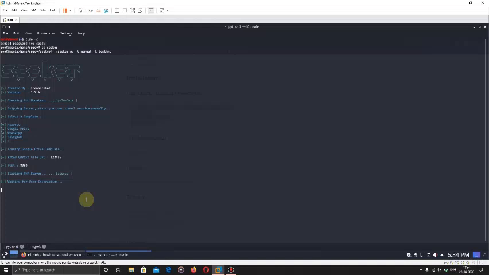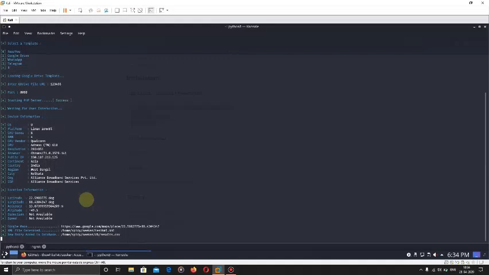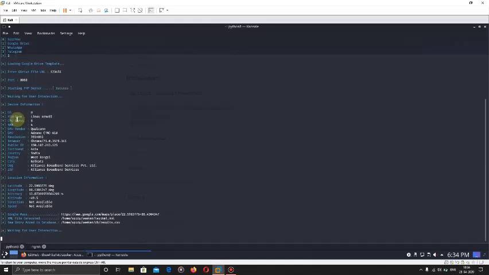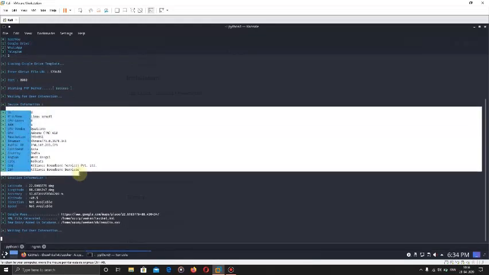Now the Google Drive page will appear, where there is an option for request access. I will click on that request access, and it will ask to share the location, as Google asks for all the permissions. As I click on share location, here the interaction has come, and this is the detail of the mobile which I have used.